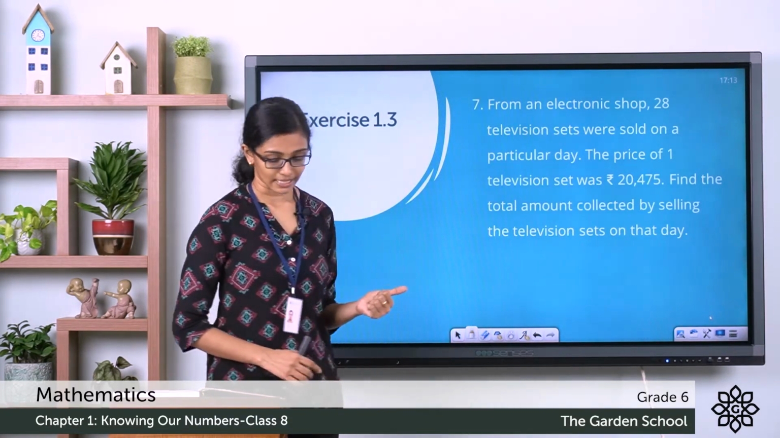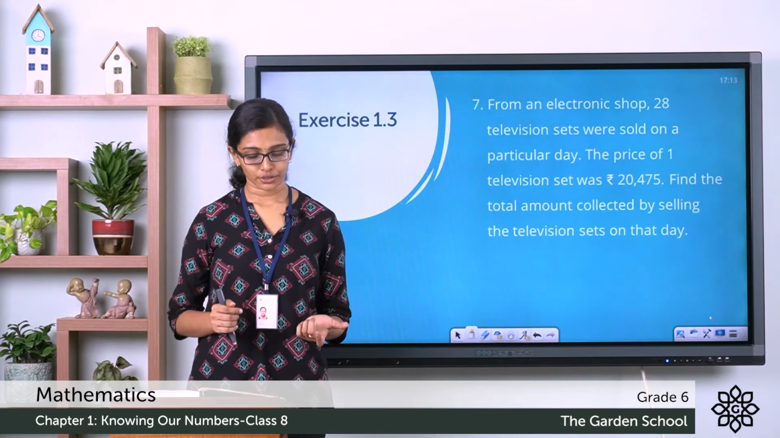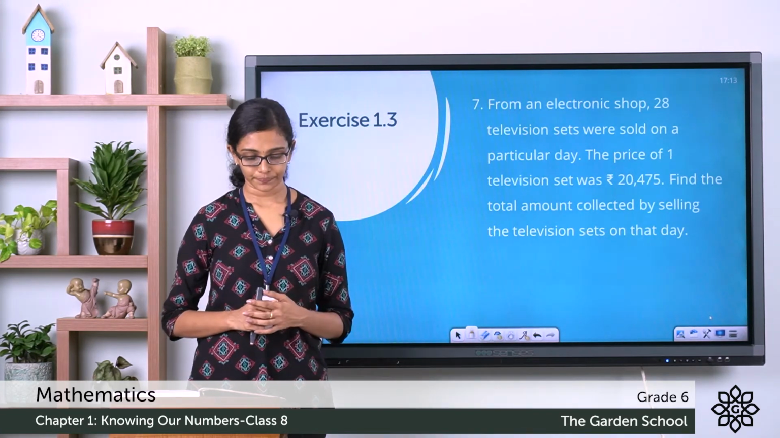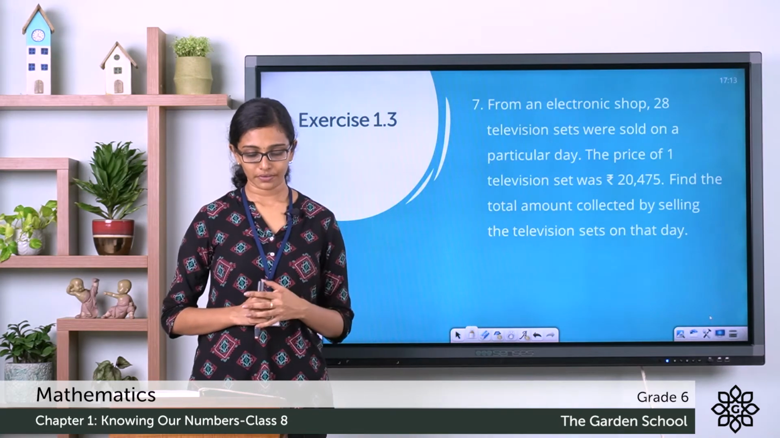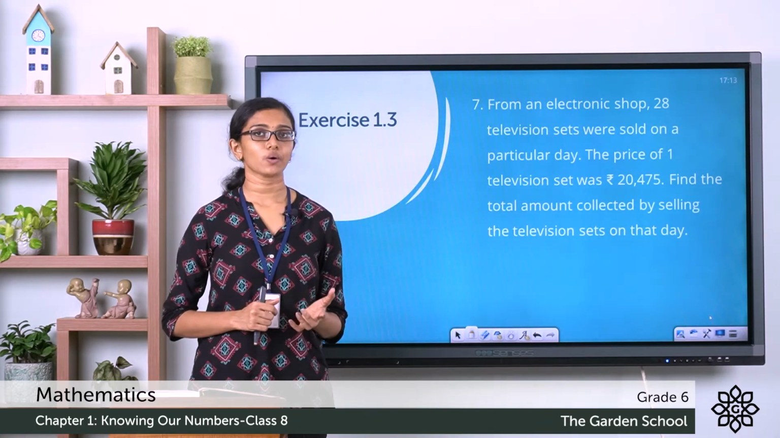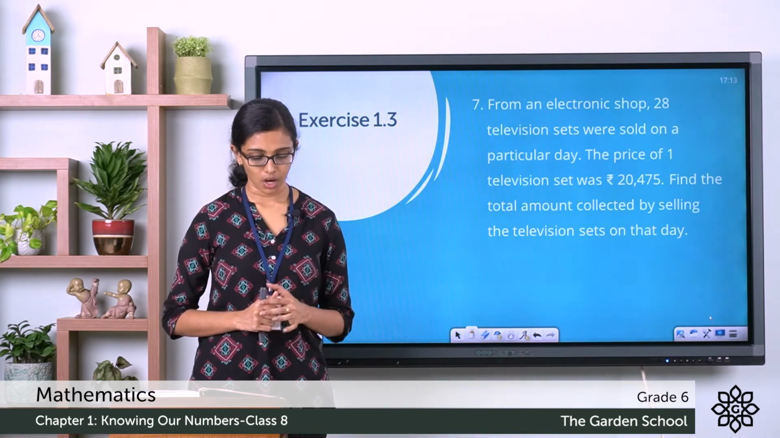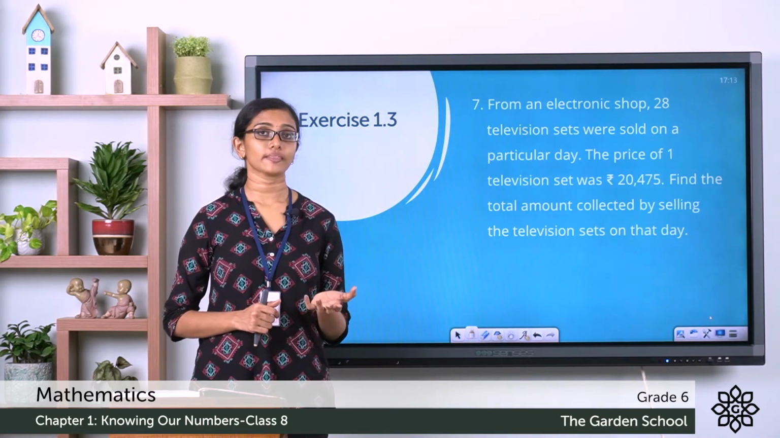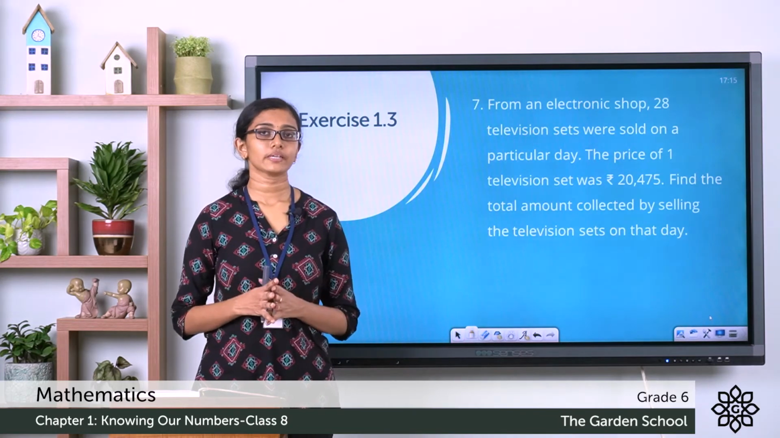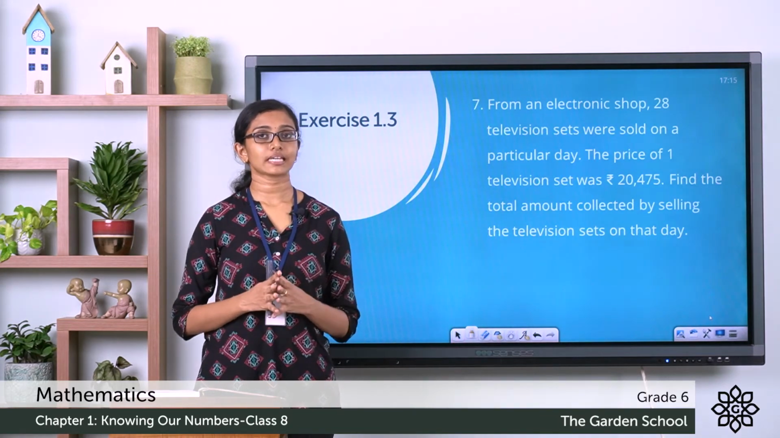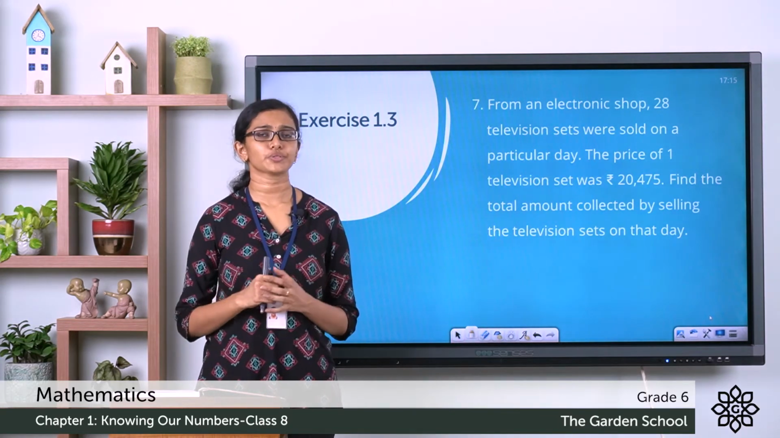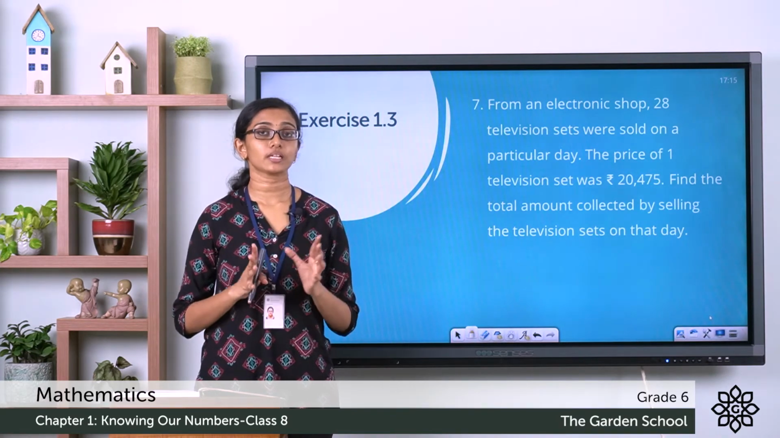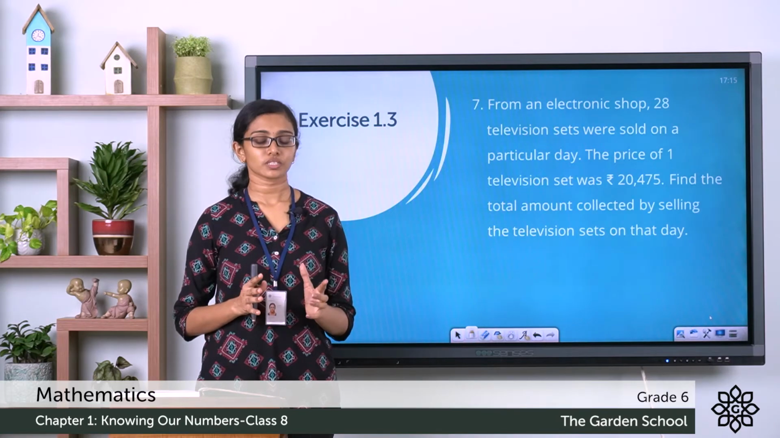Question number 7. From an electronic shop, 28 television sets were sold on a particular day. The price of one television set was rupees 20,475. Find the total amount collected by selling the television sets on that day. So, we are given the sales of television sets on a particular day from a shop. So, on this particular day, 28 television sets were sold, each costing rupees